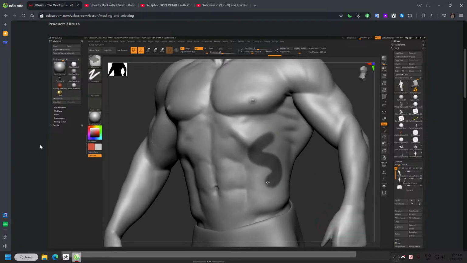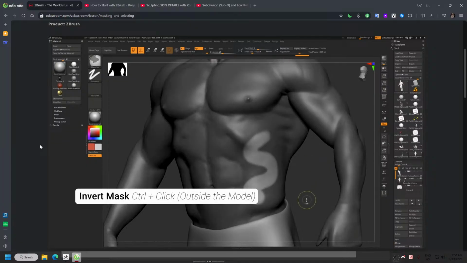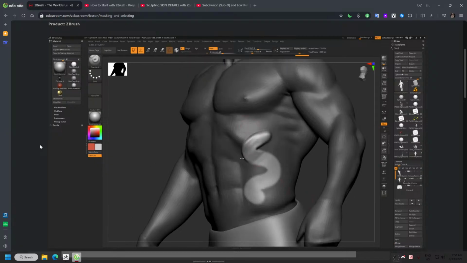So we've talked about how to lay down a mask. But what about doing anything to this mask? First, we need to know how to invert the mask. All you have to do to invert the mask is press and hold Control on your keyboard and then click one time on the canvas or document outside of your model. And that will invert the mask and allow you to